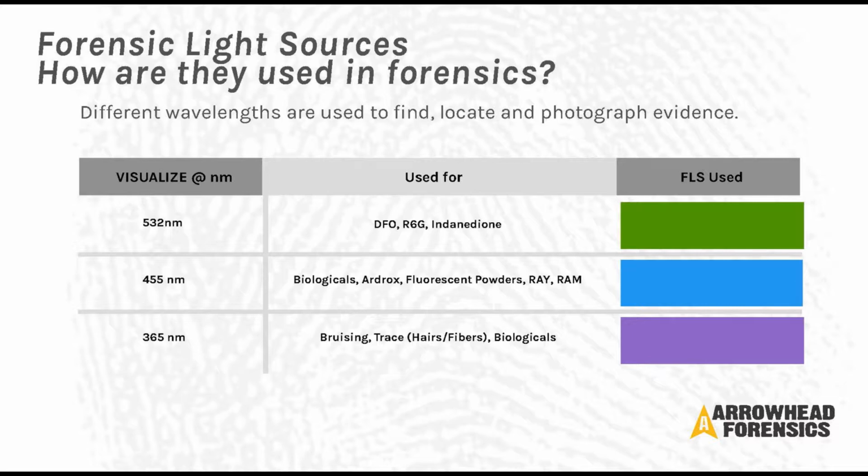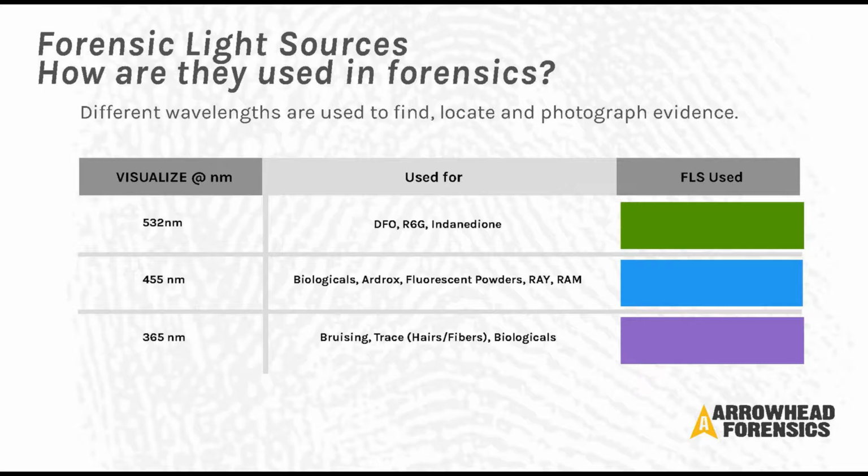But to visualize different things in forensics, in the green 532, and we have a green 532 laser, it's a Coherent Tracer. Is anybody familiar with the Coherent Tracer at all? Okay. The Coherent Tracer is a 532 green laser, and primarily what you're looking for in the 532 bandwidth is chemical treatment processes: Indane diode, DFO, rhodamine. Rhodamine, for example, is used after fuming. After we fume in a cabinet, we then dip with rhodamine, we then hit it with a green 532 laser, and then the fingerprints